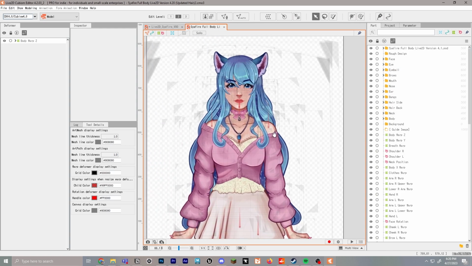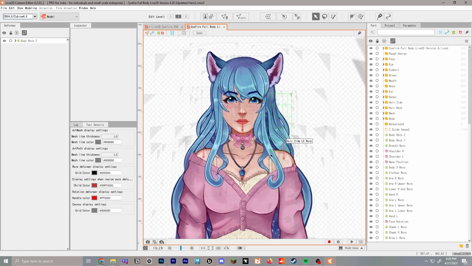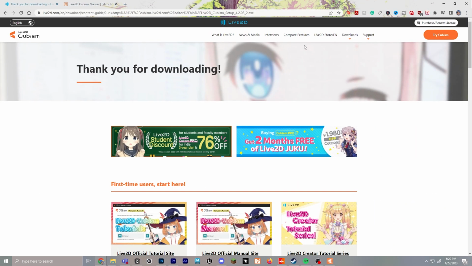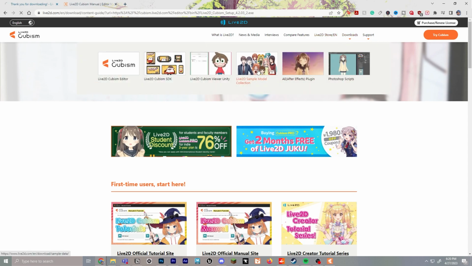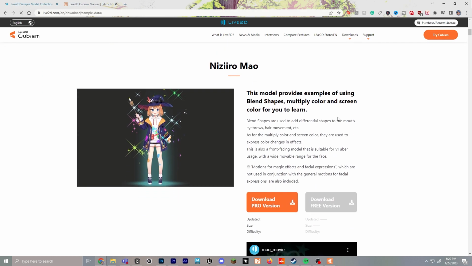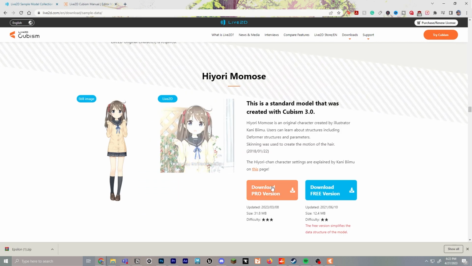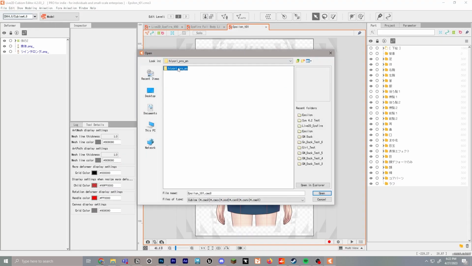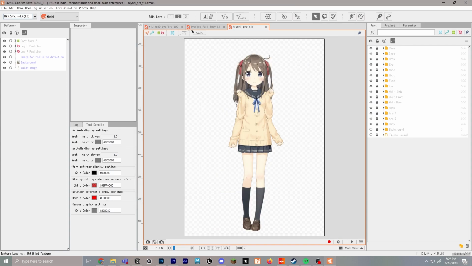Something I like to do is pulling up another model for reference. This is an earlier version of Sapphire that I modeled to see which part things are assigned to if you get confused. So what we're going to be doing is assigning parts to every single piece of the model. You can also go to the Live2D website, go to the downloads, and download the Live2D sample models if you need to reference them for any part throughout this video. We're going to download Hiyori so that we have her as a reference. We'll go to File, Open, and open Hiyori Pro EN so we have the English version to reference if you're not quite sure where something goes.